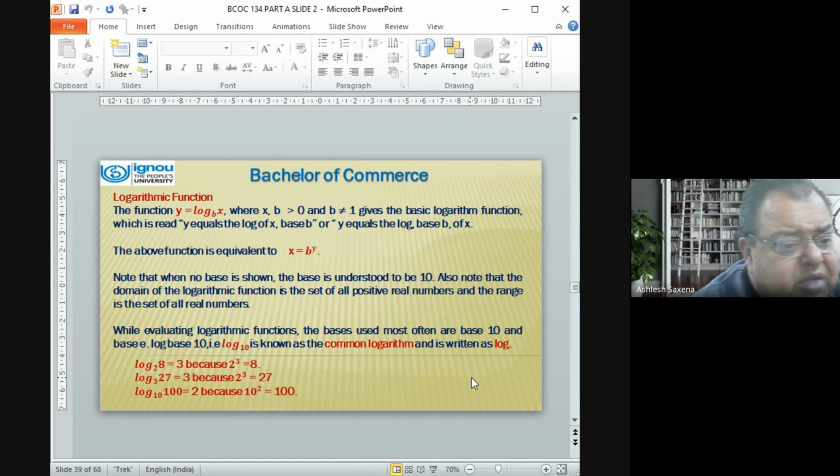Log base 10 can be written as log base 10, which is known as